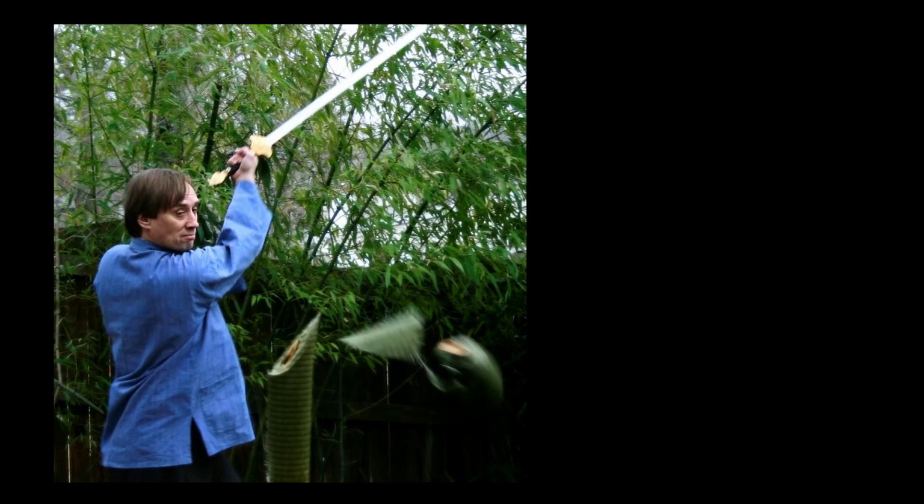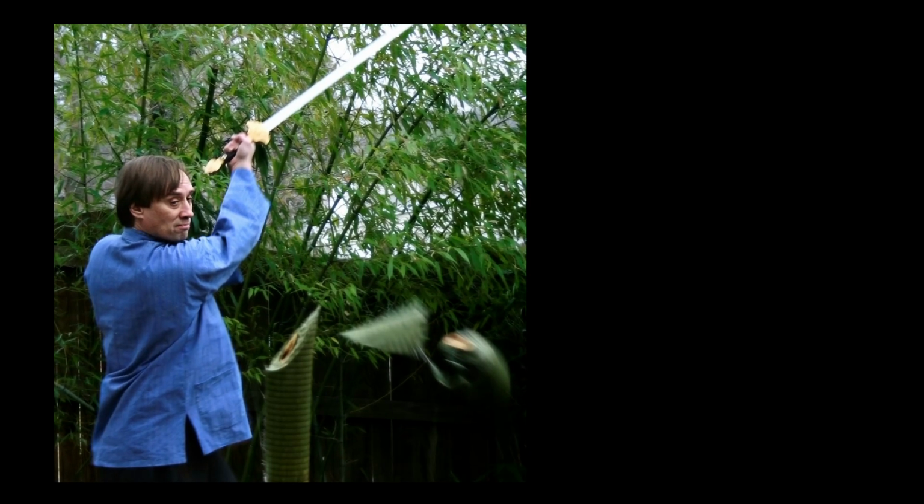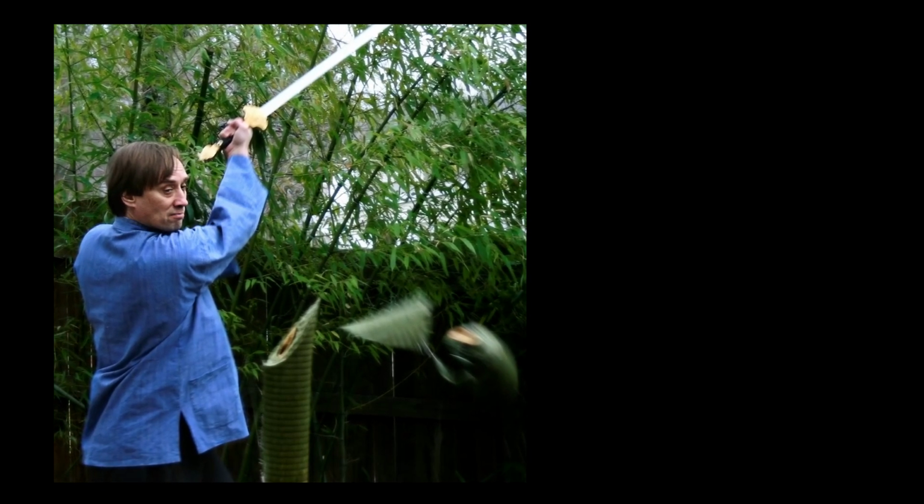Last thing before we get started with our Gen Fa. Single mat, it's a good target, about so thick. Not particularly hard to cut, not easy either. It's a good, solid cut target. I like to put a piece of bamboo in the middle, about an inch and a quarter piece of bamboo. So not nearly as tough as cutting one of these, just to give it a little bit more solidity,